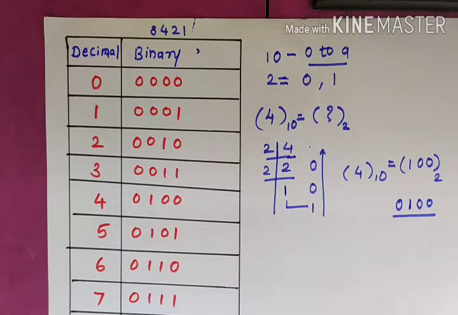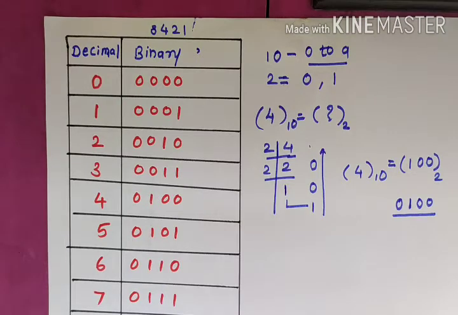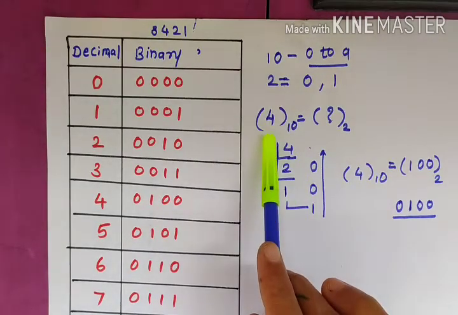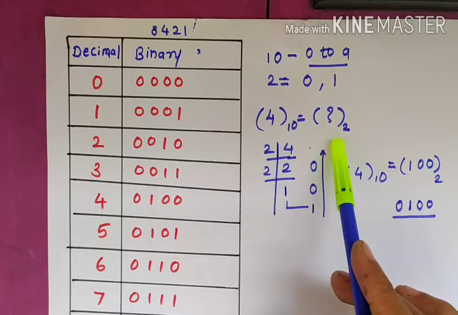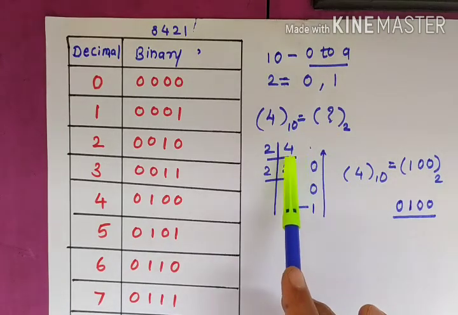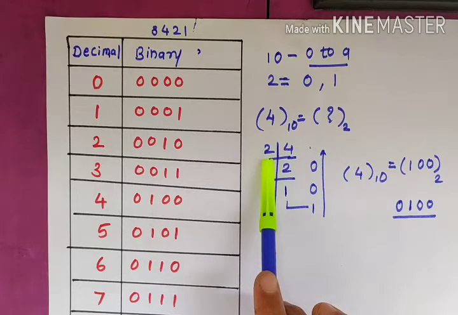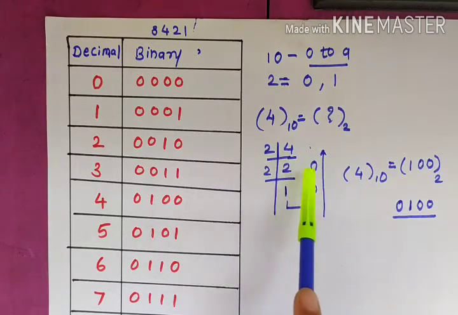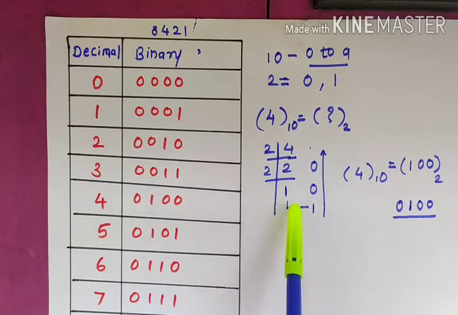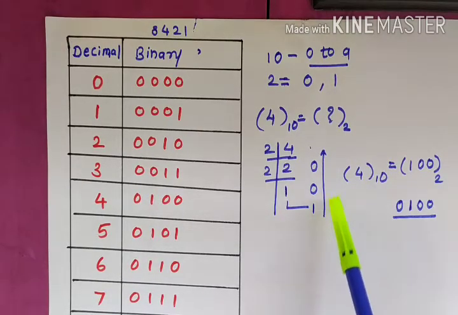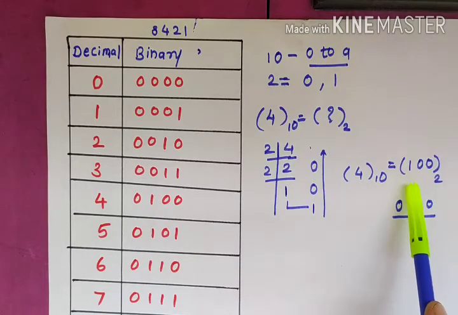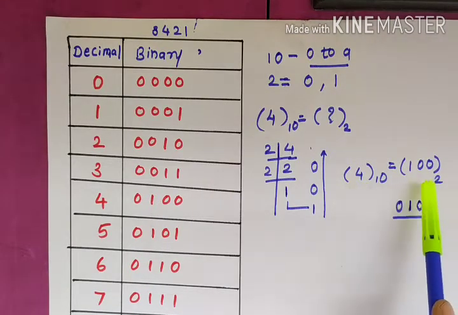So in this number conversion, if we have to convert the given decimal number into binary, then you have to write this number and divide the given number by 2. Okay, see here, 2 2s are 4, remainder 0, 2 1s are 2, remainder 0, and this 1 is less than the base of the binary number system, so this 1 is nothing but the MSB. Okay, and by taking the order of remainder from bottom to top, we'll get the equivalent binary of this 4 decimal